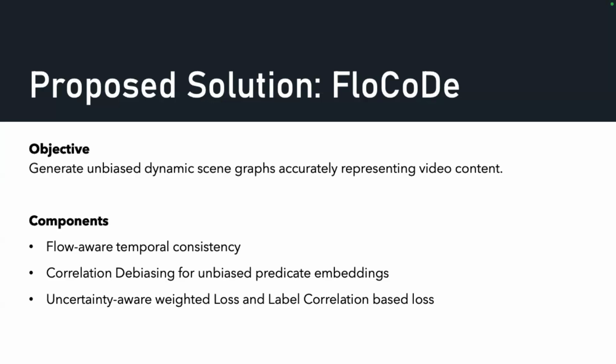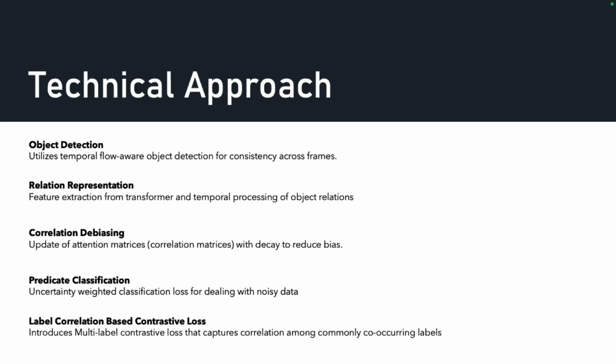For example, if object 1 and object 2 predicate has a correlation with object 2 and object 3, has at least one correlation, we try to learn the embeddings. We treat them as positive pairs in the contrastive learning, and others are the negative pairs using negative sampling. So our approach consists of flow aware object detection and